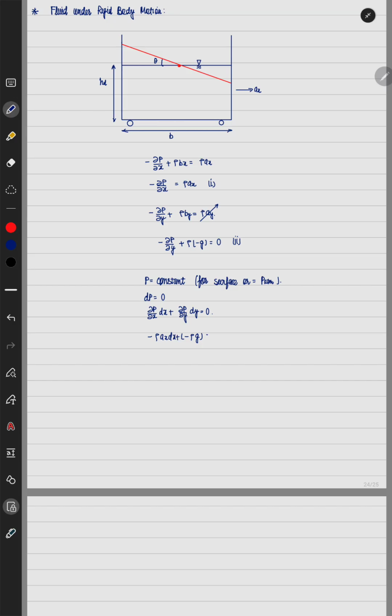So rho gets cancelled, minus gets cancelled. Ax dx plus g dy is equal to 0. So dy by dx is equal to